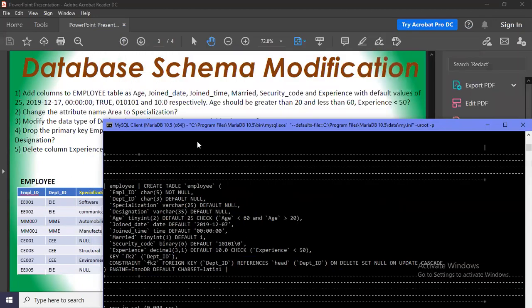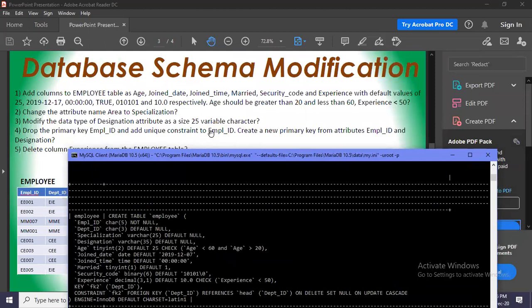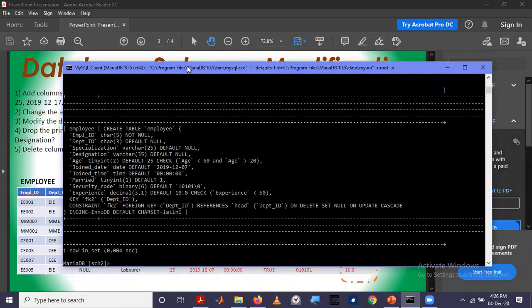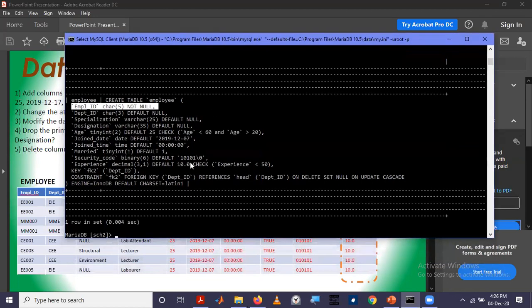So now we are asked to add a unique constraint to employee ID. That means unique constraint is given for key attributes. So we are asked to add a key attribute. That means make this employee ID a key attribute, just as we learned in lectures. So how to do that? This again is the alter table command, table employee. Now previously we dropped a constraint. Now we are going to add a constraint.